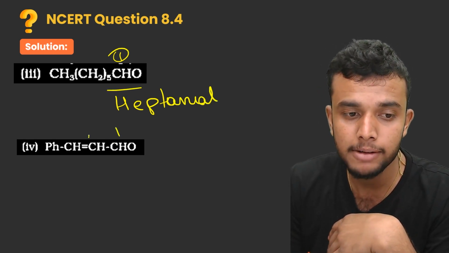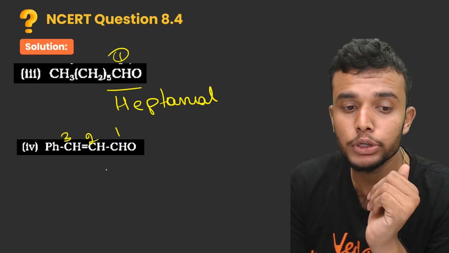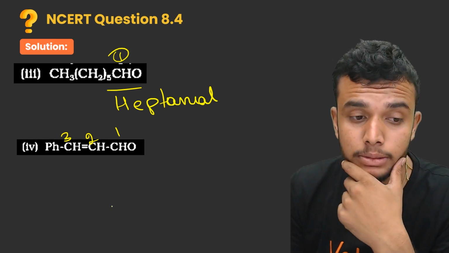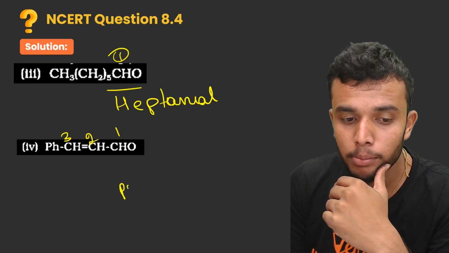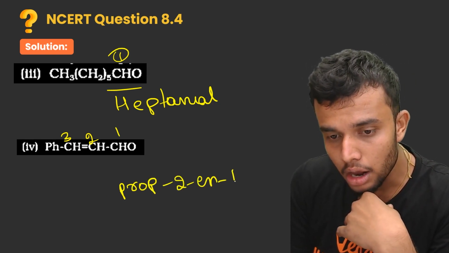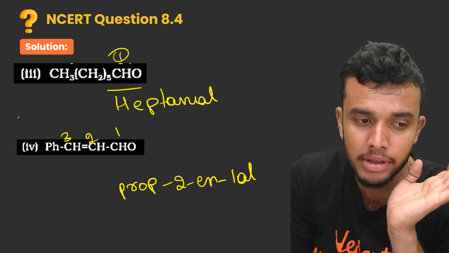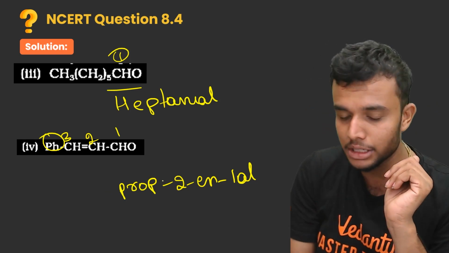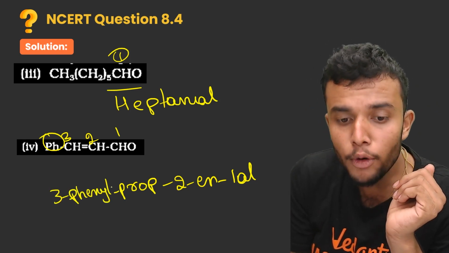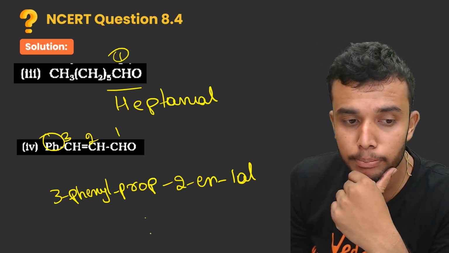The numbering takes place from this side, right? Totally 3 carbon atoms are present. At the first position, the aldehyde group is present. At the second position, a double bond is present. 3 carbons is nothing but prop. Prop-2-en-1-al. Okay, students, the suffix term is clear. Next, move on to the prefix term. Here, a phenyl group is present at the third position. That's why the name becomes 3-phenylprop-2-en-1-al. The common name of this compound is beta